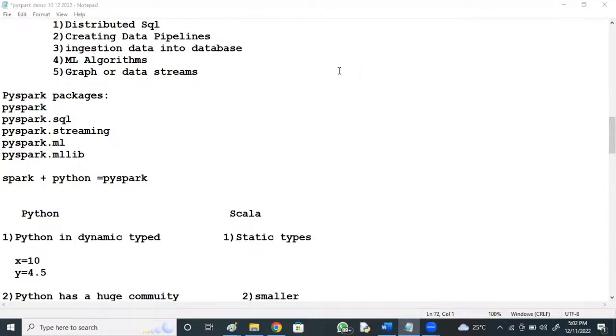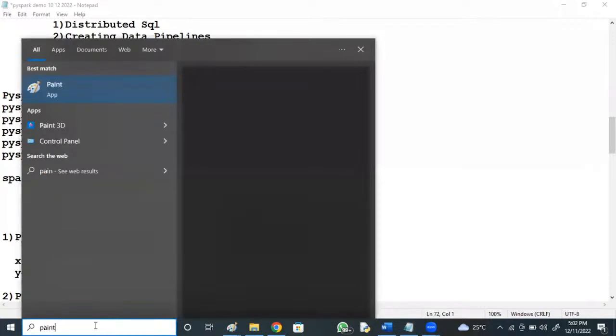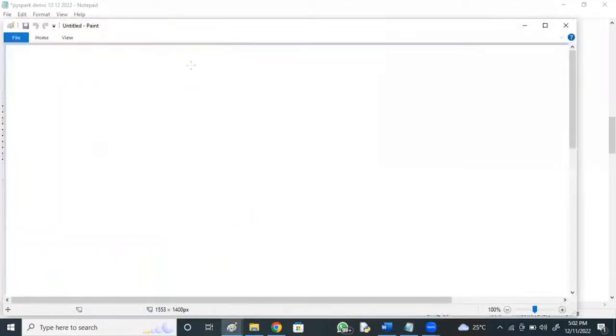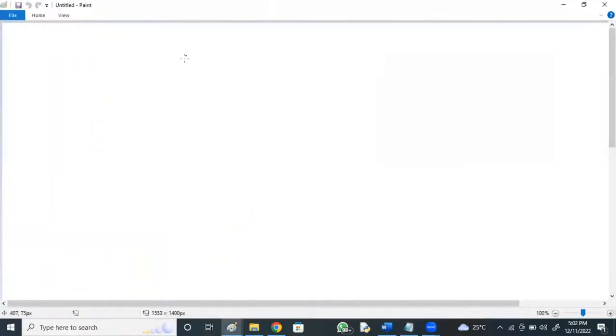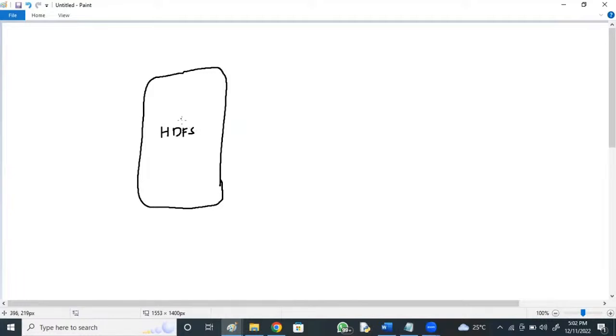Generally, we have HDFS, the Hadoop Distributed File System.